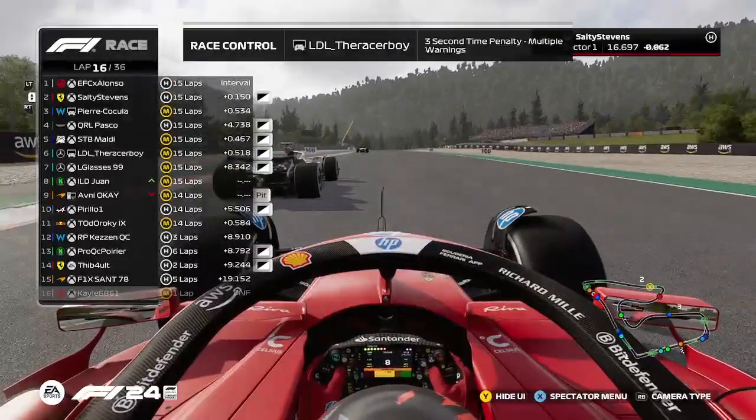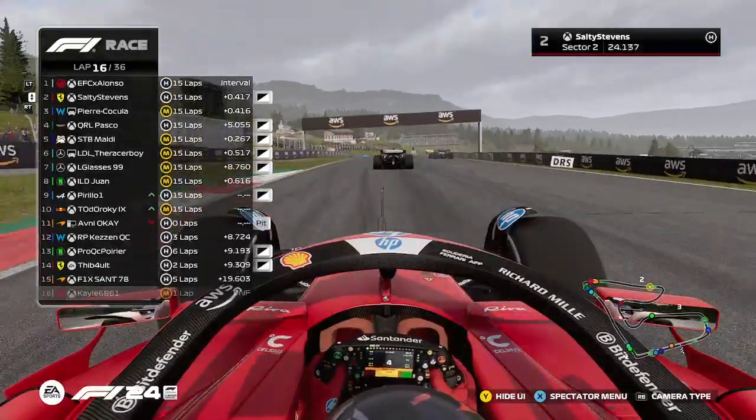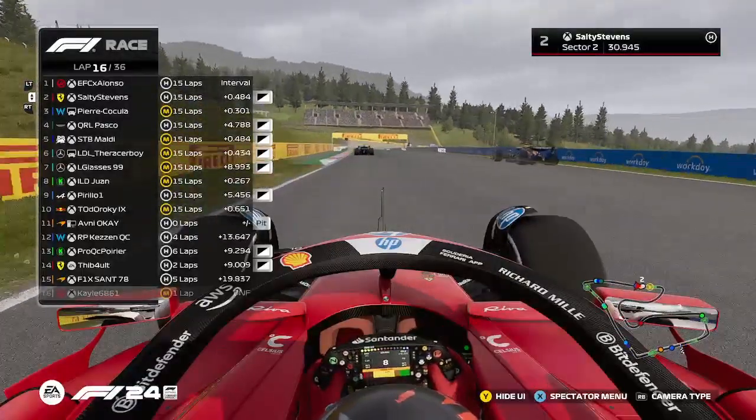Racer Boy now picking up a penalty, so a lot of it, say, the drivers are going to start picking up penalties slowly but surely. Obviously know that if EFC Alonso or Pierre can keep it clean, they will be in a good position as the McLaren of Saint